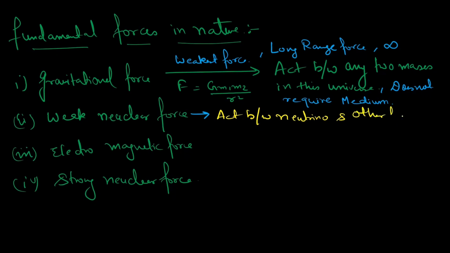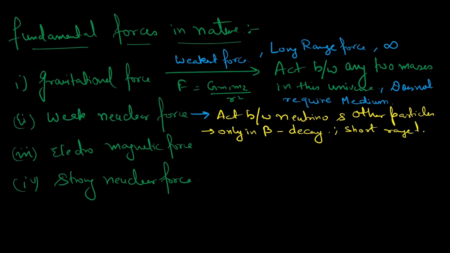In 12th you will study what is a neutrino. You have heard of alpha, beta, gamma decay; where we find beta decay, there you will get the neutrino, only in beta decay. So it is a rare force you will get. What type of force? This is a short range force, acting only for a very small distance.